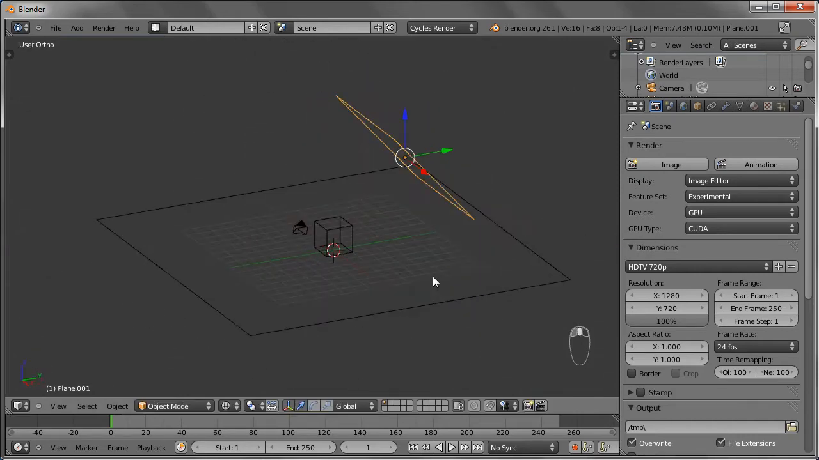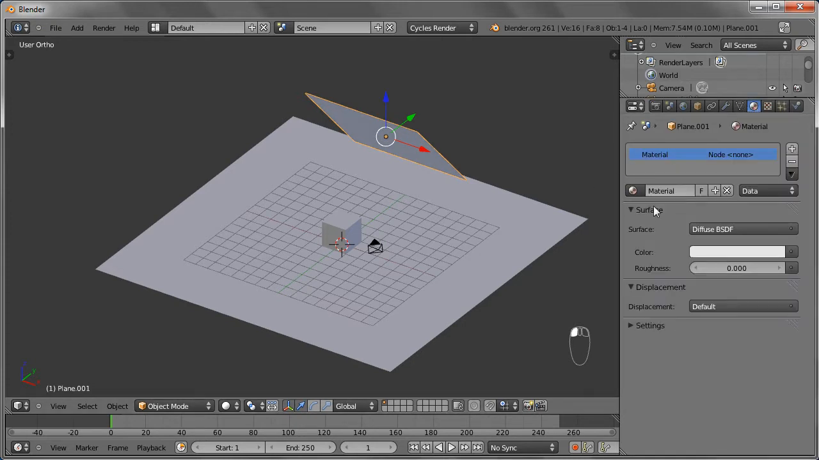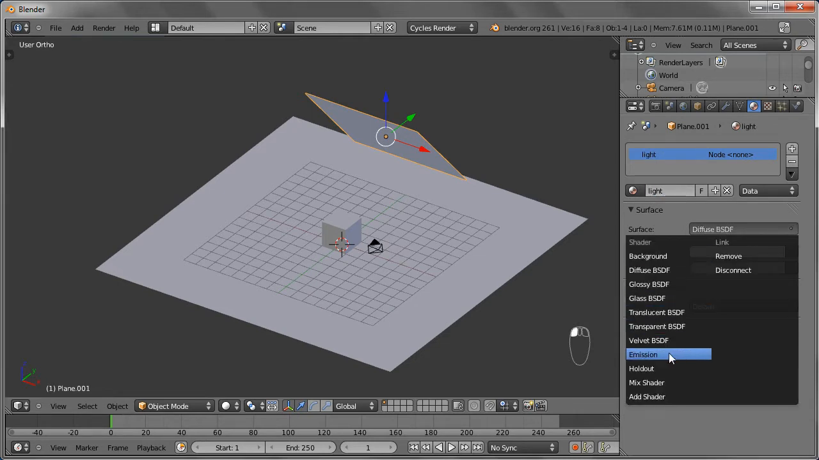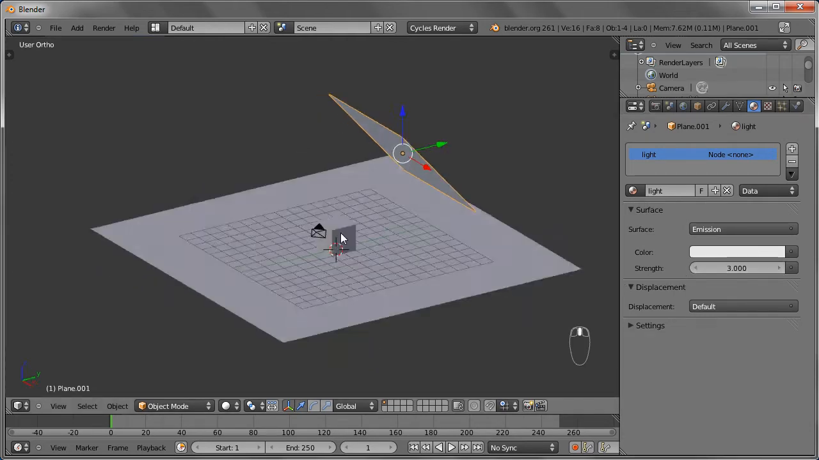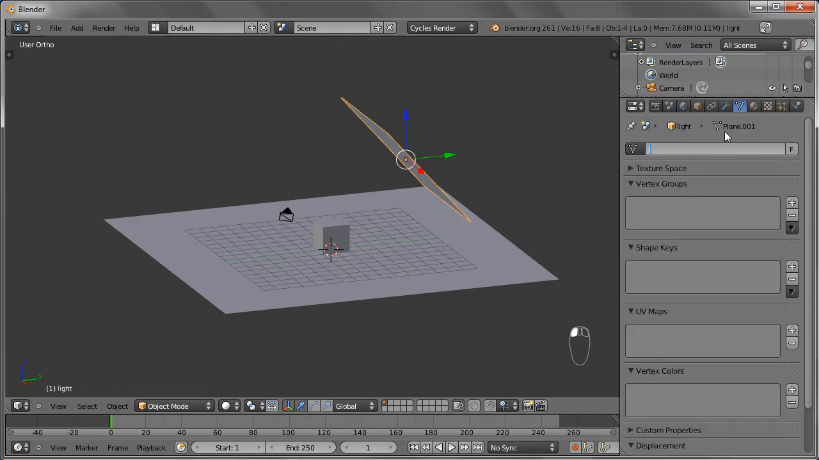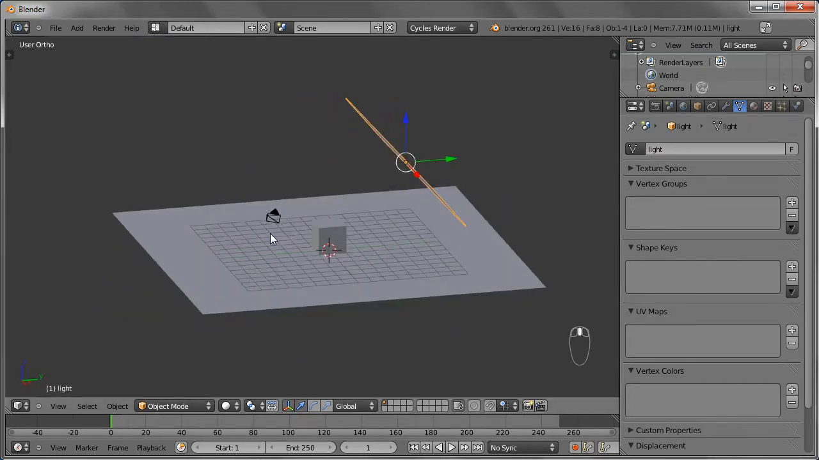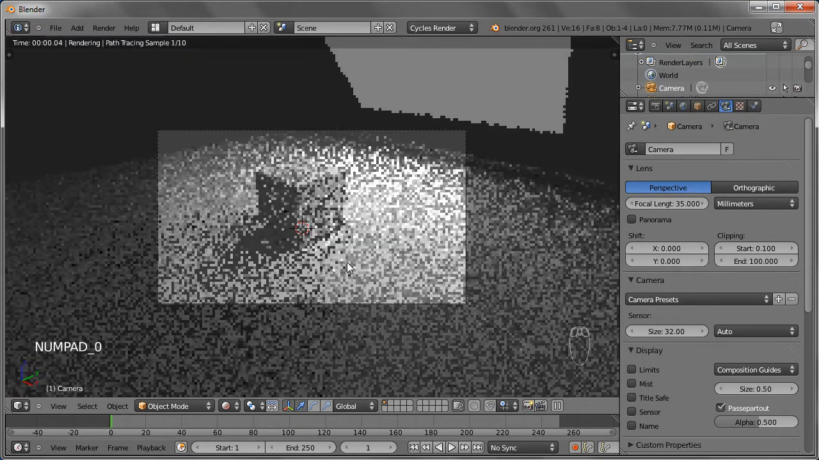And that'll work. So now to make this a light, let's go ahead and give it a new material and call it light. We're going to change its surface type to an emission, and let's make it power 3. Also, let's rename this object to light. Let's move the mesh data to light. Alright. Now, if we go back to render mode, you'll see that there's a lot more light for this object,